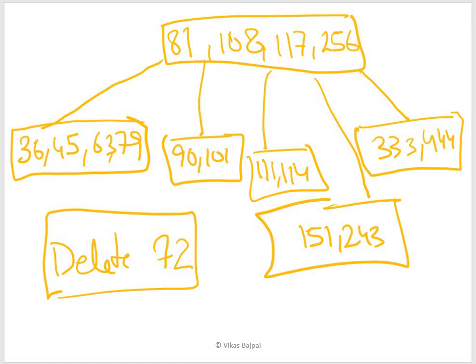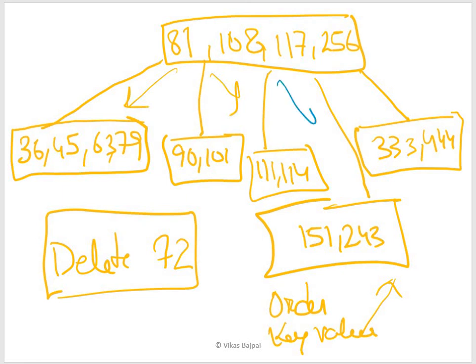So this is all about deletion, right? Every time you have to either push up, or merge from the sibling, or push up and bring some values towards the downward side. So this is how it ultimately looks. So that's all about deletion in a B tree. Once again, we have to take care of all those factors where your order and your number of key values are kept intact, and of course lesser values on the left hand side, greater values on the right hand side, that will always be there. So this is all about your B tree.